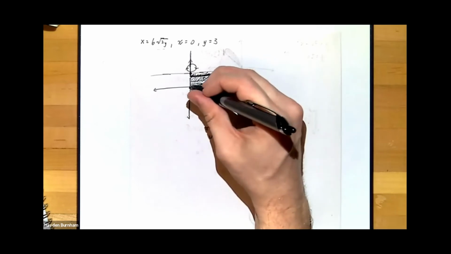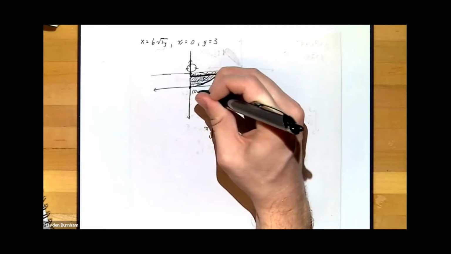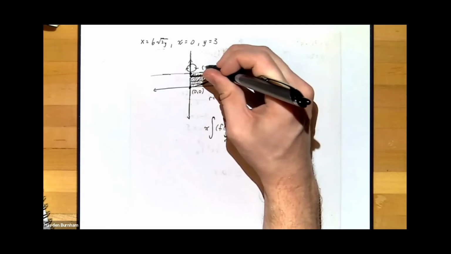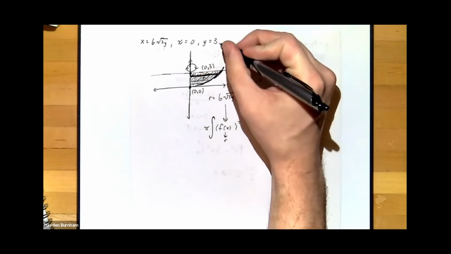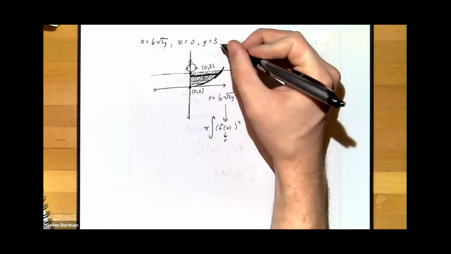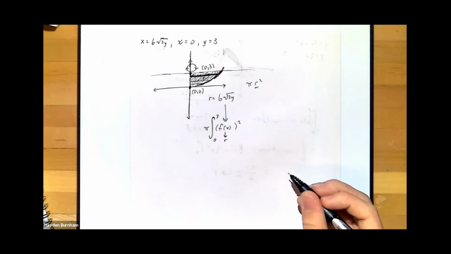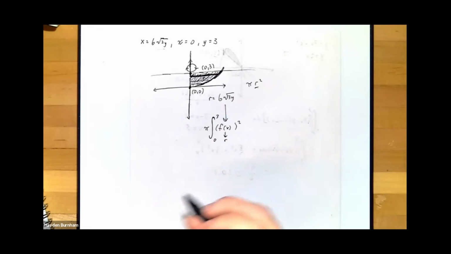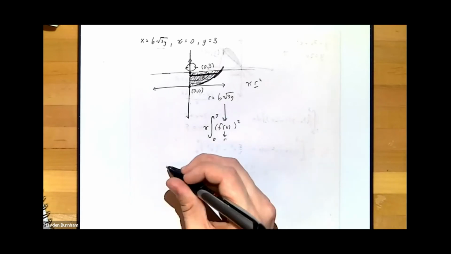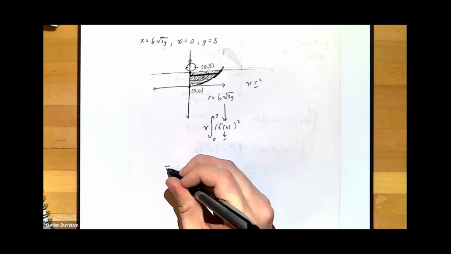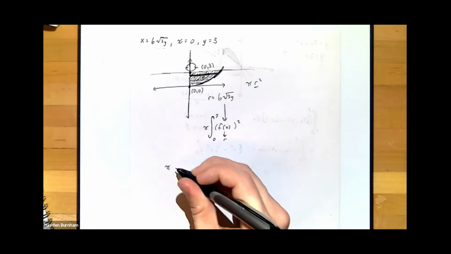Okay, well, in this point here, that's just 0, 0, 0, right? This point here is 0, 3. And we know that because we have our equals 3. Here, direction is going to be 0 to 3. So with all of that set up, we can then write the equation from 0 to 3